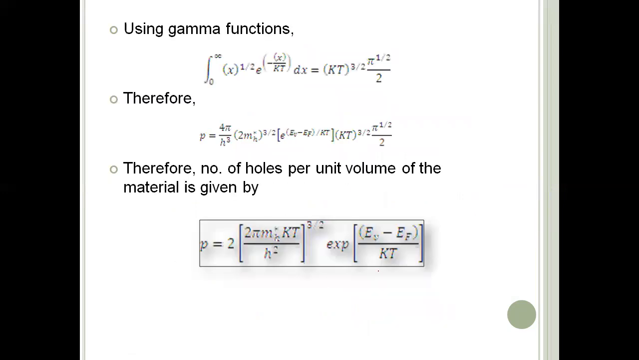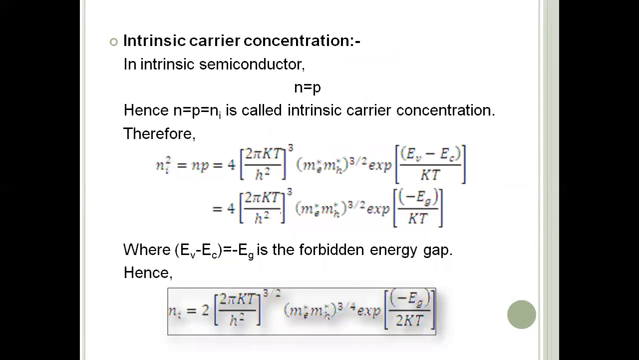So again, gamma function will be there. Keeping the gamma function into the expression, you'll get a final expression for the number of holes per unit volume in the material. So now we had the number of holes in the valency band and also the number of electrons in the conduction band. For an intrinsic semiconductor, we had one condition that